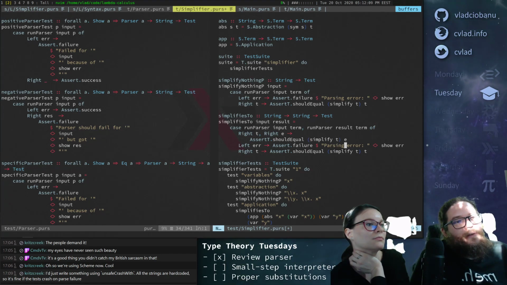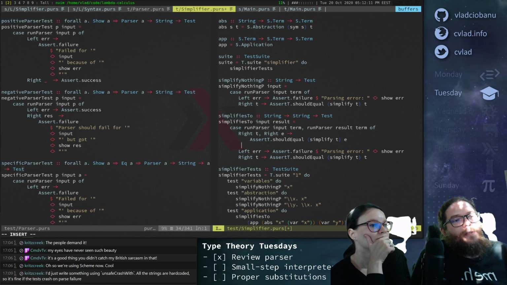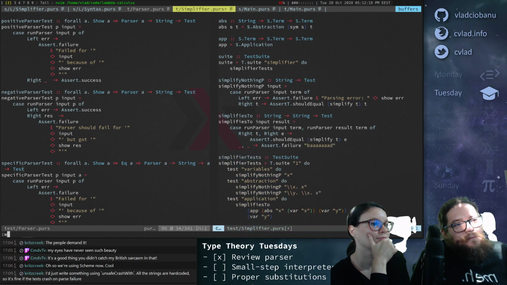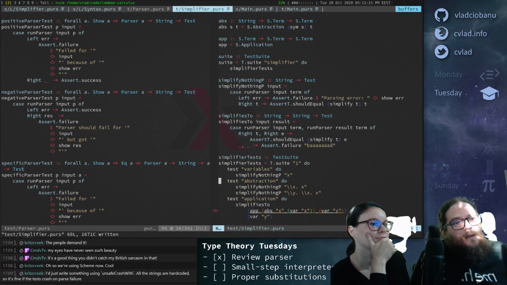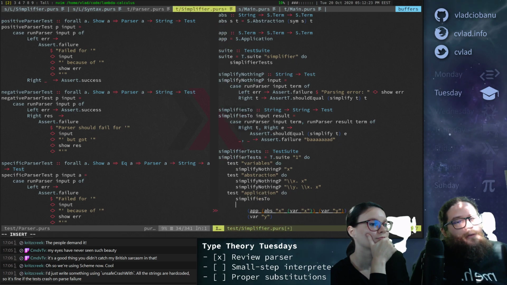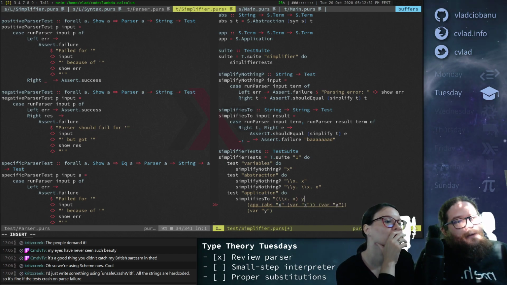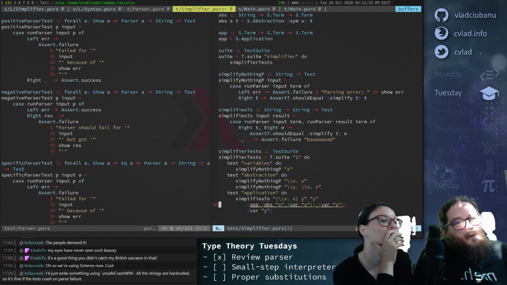The expected result. Then in all other cases, okay. And then here we're supposed to write that lambda x dot x in parentheses and y simplifies to y.